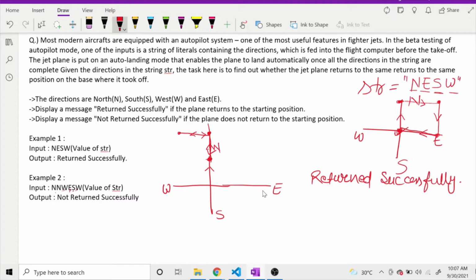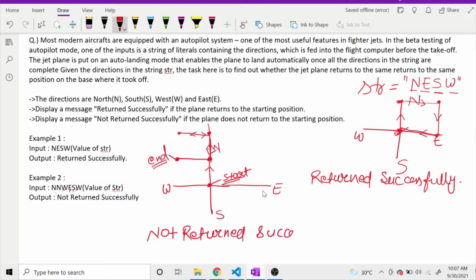So we are over here and now we will move towards the west, so we will be here. As you can see, we have started from here and our end point is here. Since our starting and ending point is not the same, in this case we will print out not returned successfully.